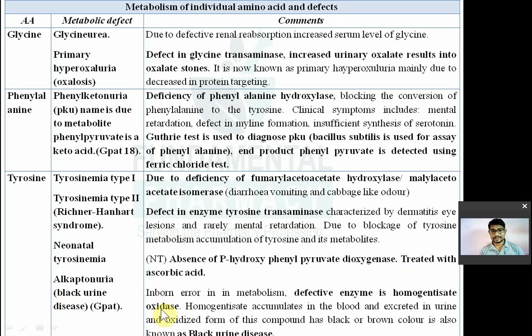इसके ऊपर क्वेश्चन आ चुका है. Phenylketonuria के ऊपर क्वेश्चन आ चुका है जीपीएट में. Both are important. Now we'll see the next one, again a tyrosine metabolic defect, in the tyrosinase, defect of